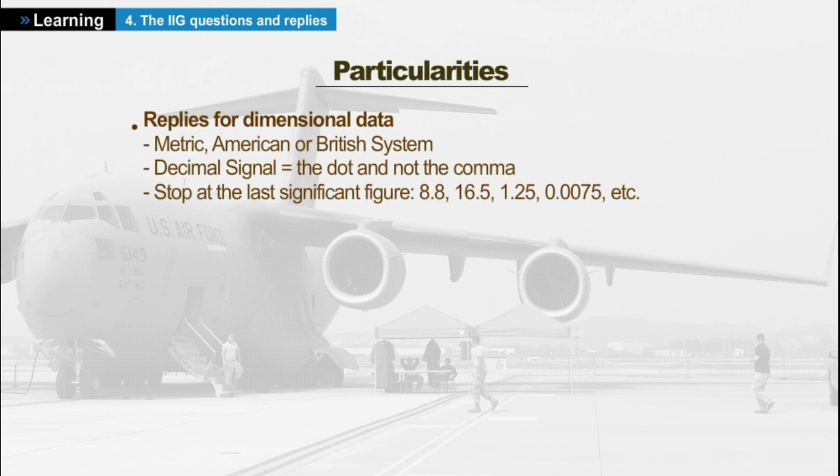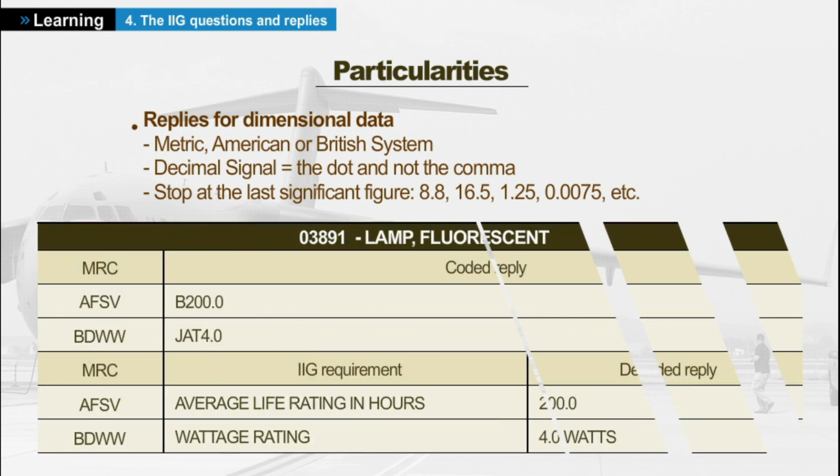Whether the dimensional data are expressed in US or UK metric units, the point will be used as decimal point. Dimensions are given in decimal form with at least one digit after the point. We must stop at the last significant figure, that is to say, the required degree of accuracy. 8.8, 16.5, 1.25, 0.0075, etc. When dimensions are represented by fractions or size, these values are in decimal form. Example: